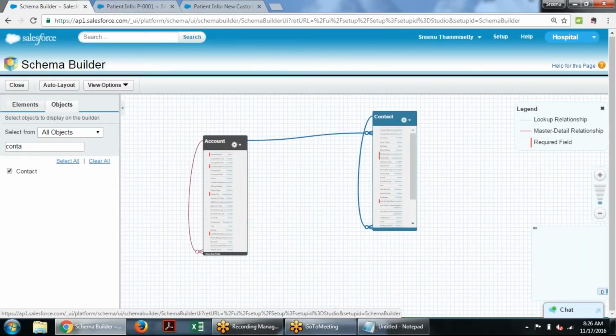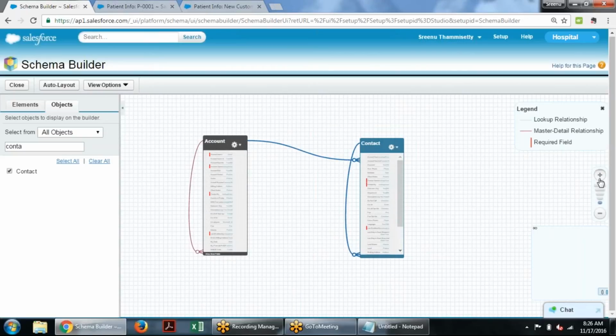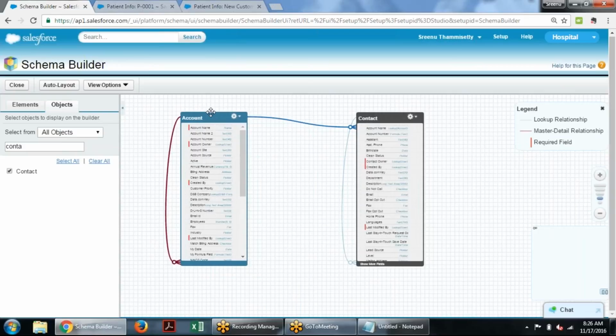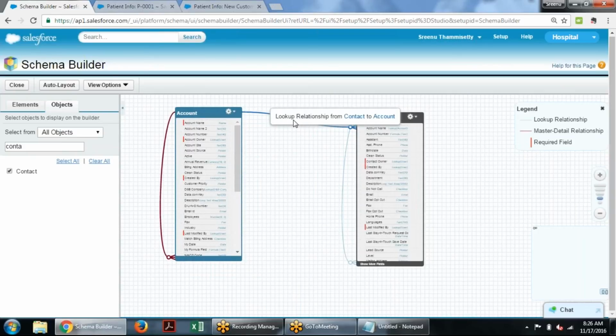When you place the cursor on that link, this is the link which shows the lookup relationship from contact to account. That means account and contact have a lookup relationship among them. This type of relations, and the benefit of each relationship, those things we will